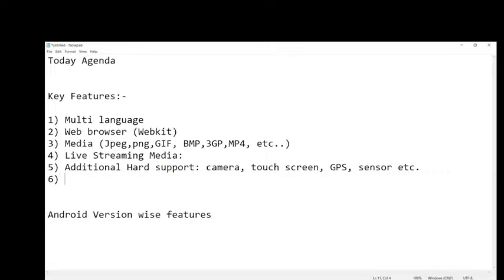And the next one is multi-touch. So what is multi-touch? Whatever touch screens we are using right now, we can say that is multi-touch. Because initially, with the first touch phones, we were not able to touch with our fingers.